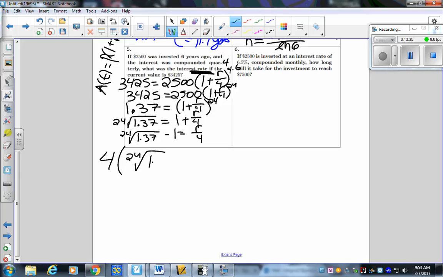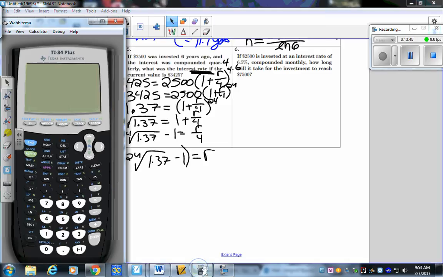And this is not something I expect you to actually calculate by hand, but we can type it in. But just to be as clear as possible and as close to the answer as possible, I haven't really done much yet. Okay, so 4. Now, to do the root, go to your math menu. Do you see option number 5 right here that has the X in front? That's telling you you can put in any index you want to. Oh, oops. Sorry. So I typed the 4 first, so it made it the 4,